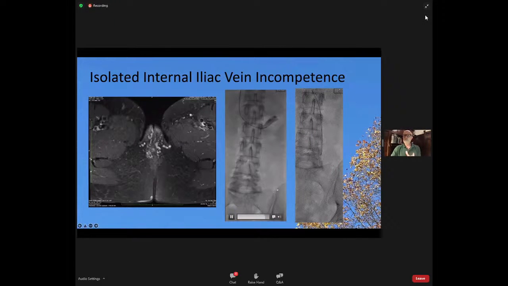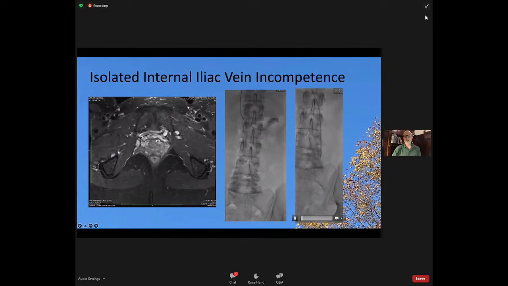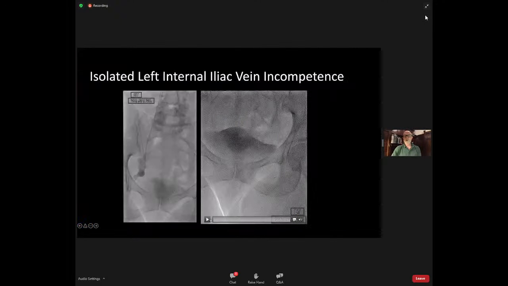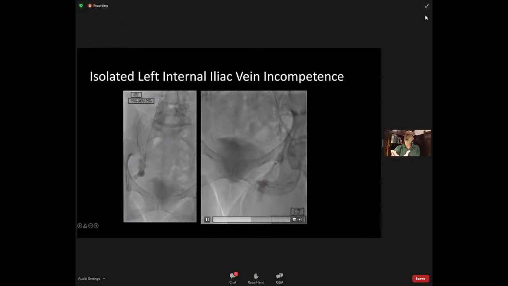And we can see this grossly, actually this one, sorry, wasn't associated with ovarian vein incompetence. We can see the left ovarian vein is actually kind of patent, but certainly when we went into the pelvis, we saw gross pelvic incompetence. So here's this patient with a catheter in the internal iliac vein, Valsalva, and you can see she's dumping all these veins directly into the perineum.